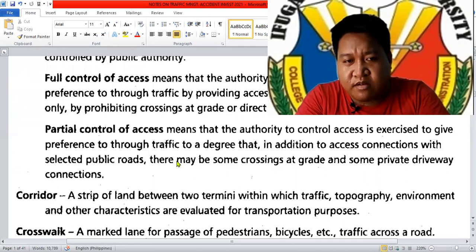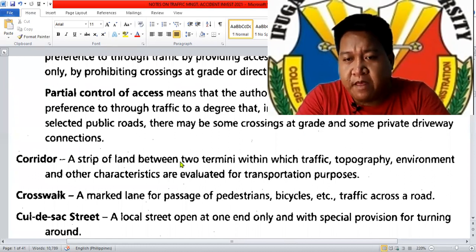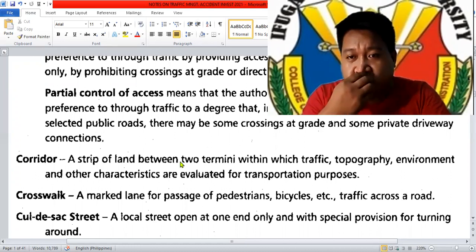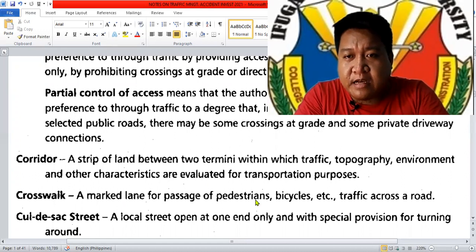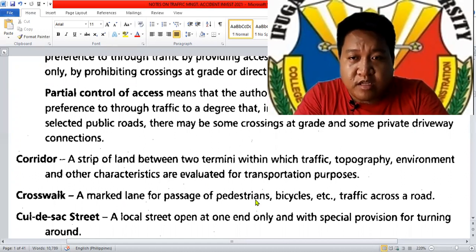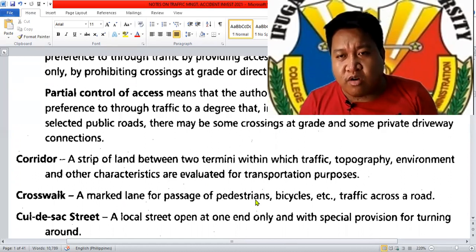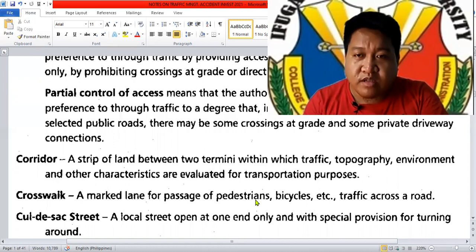movement of vehicles. Okay? Then crosswalk, it is a marked lane for passage of pedestrians, bicycles, etc. across a road. So commonly, pag tinawag natin crosswalk or pedestrian lane, commonly we call it crosswalk or pedestrian lane. That is for a right of way for pedestrians. Kaya nga pag may tatawid as a matter of rule under traffic rules and regulations, whenever approaching a crosswalk, whenever approaching a pedestrian lane, as a motorist, you have to always yield, you have to always stop